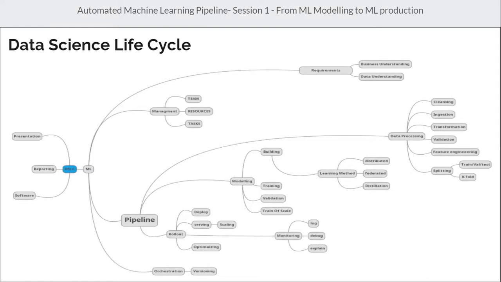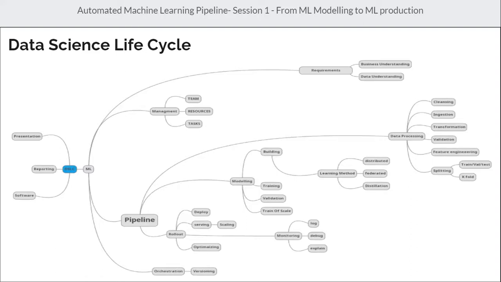Once we understand all of this together, the requirement is related mainly to the business process that we are serving, and the data we are going to use to build our model. Once we have the requirement, we are going to create a plan with a suitable team, with the resources.